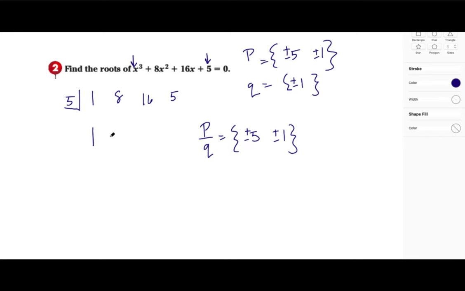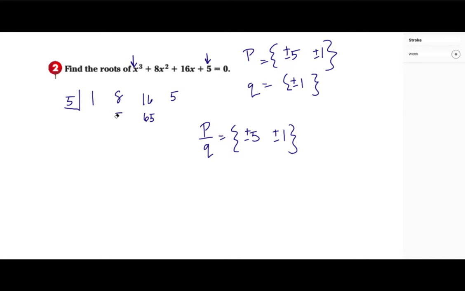Drop my 1 and let's get started. So I've got my 5 here, 13. 5 times 13 is going to be 65, and this doesn't look like it's boding well at all. 16 plus 65 is a pretty large number. When I multiply that by 5, it's not getting canceled out, so I'm stopping this train of thought,